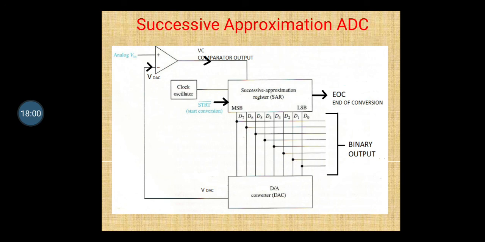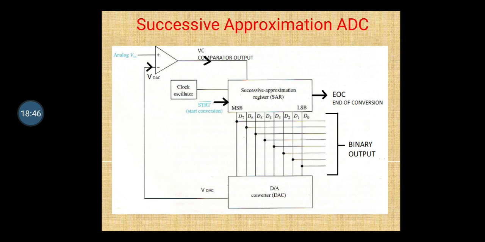With that logic 0, the successive approximation register will not touch D7 and D6, it will reset D5 now, because it is logic 0. So reset means D5 will be 0 and D4 will be 1, and then D3, D2, D1, D0 will be 0. Again the DAC will convert it into an analog voltage, which is given to the comparator. Now again, if we consider that at this time the output of the comparator is a negative voltage, that is logic 0, then the successive approximation register will now reset D4 and set D3,